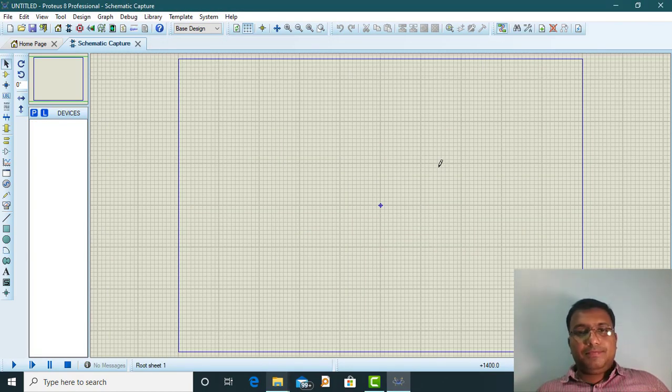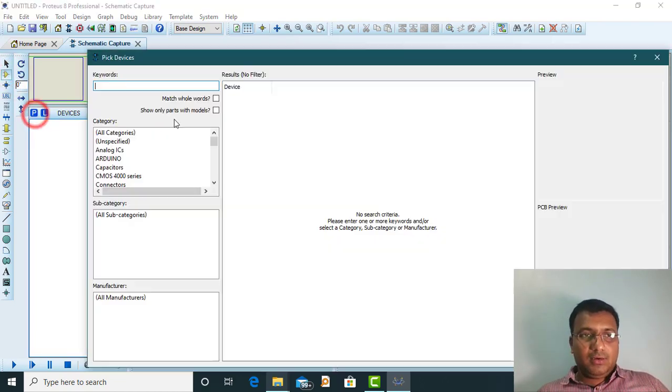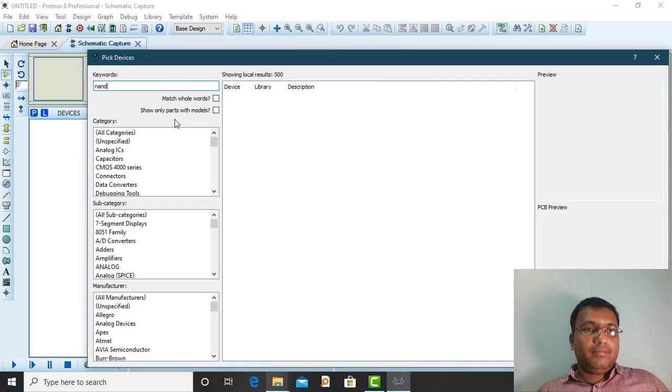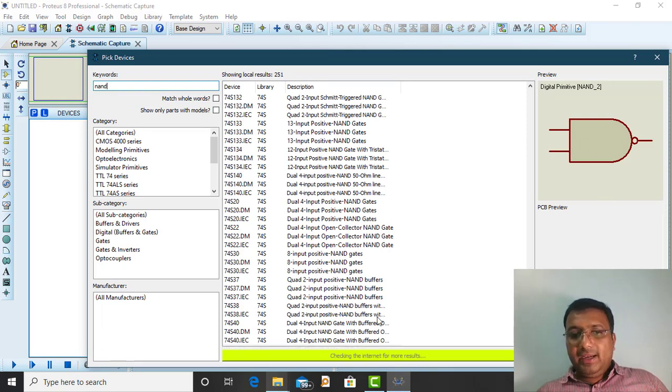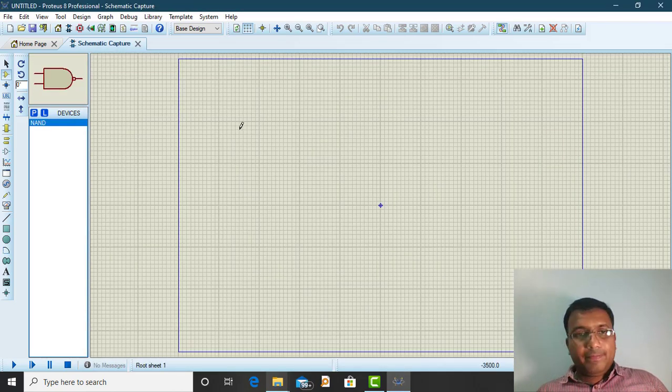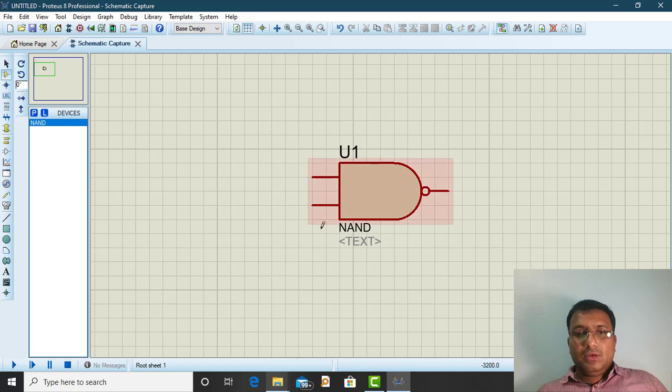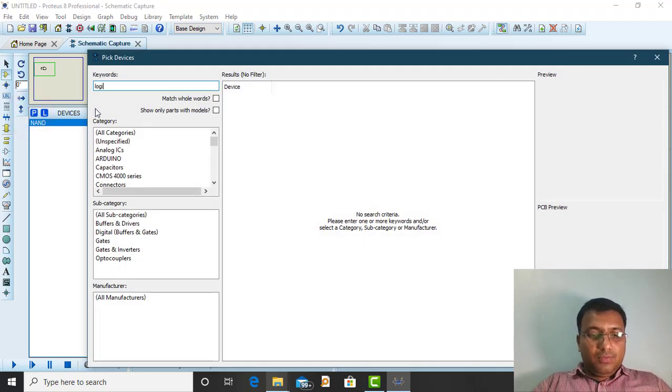Alright. Similarly, there are two universal gates. One is NAND gate and second is NOR gate. So we'll see how we can prepare basic gates using universal gates. Before that we'll simulate NAND gate. So I will type NAND. Okay, so this is the symbol of a NAND gate and we'll get a NAND gate. I will click OK. Okay, so this is NAND gate. Alright. So if I want to make this NAND as a NOT, what I can do is short these two particular inputs